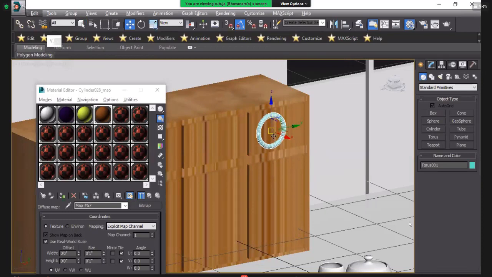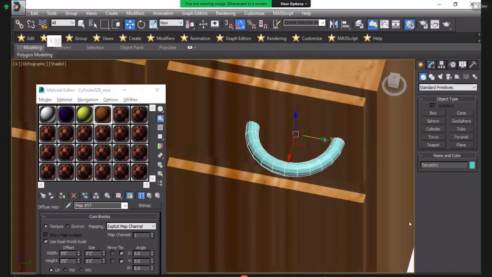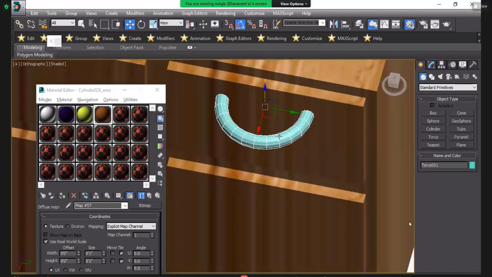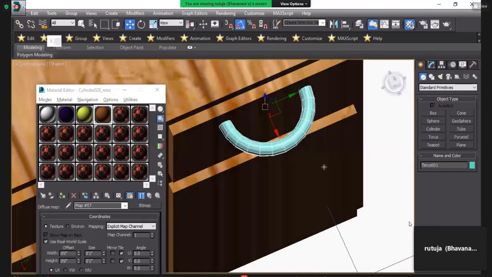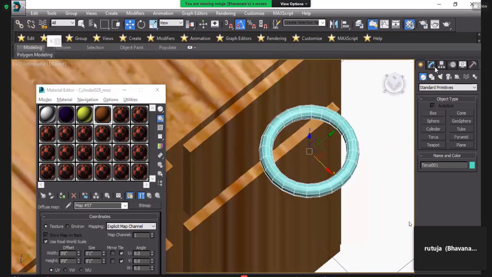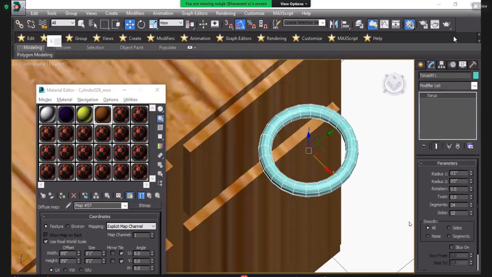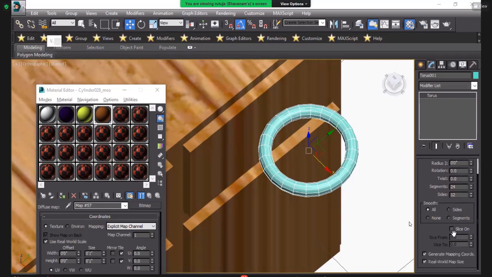I take torus and change, okay, place it where we want. This is torus. Go in modify list, and here is the one option of slice.